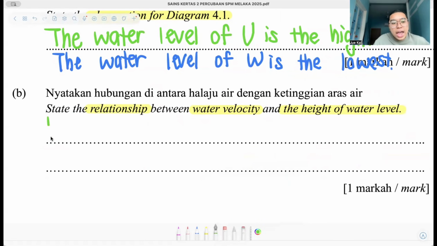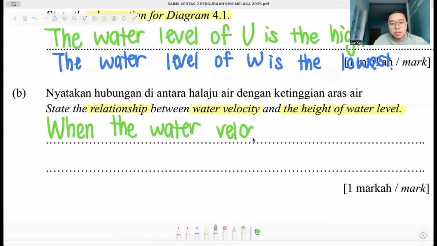You see, this question is 3 marks. So when the water velocity increases,